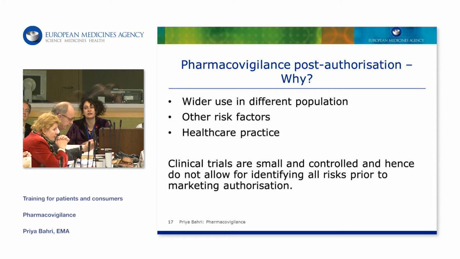You have inclusion criteria, exclusion criteria. You want to not look at too many interactions with other diseases, because otherwise you can't evaluate the product anymore. But obviously in real life, people will not only have one disease, they might have another disease, they have genetic risk factors. I mean, we just had the discussion on the oral contraceptives. There are women who have a certain genetic predisposition for VTE, and in a small trial population, you might not find that, but in the wider population, that's what we find.